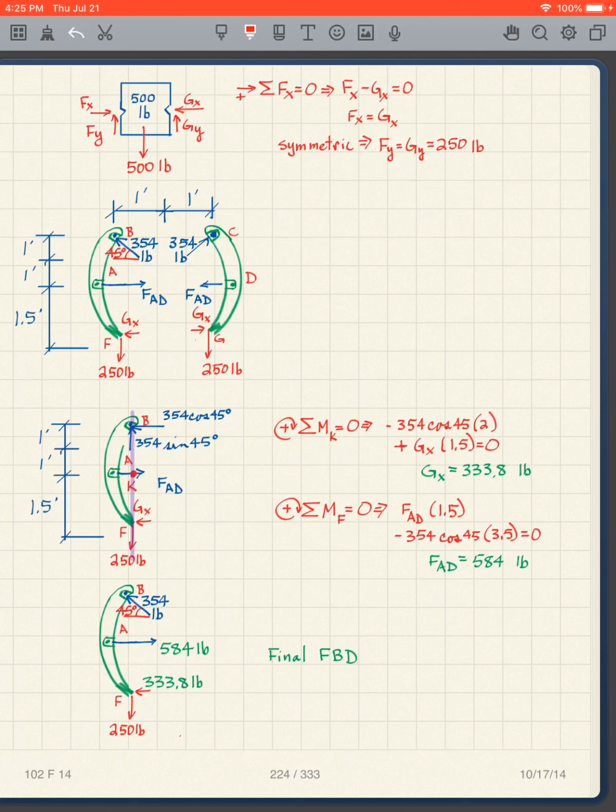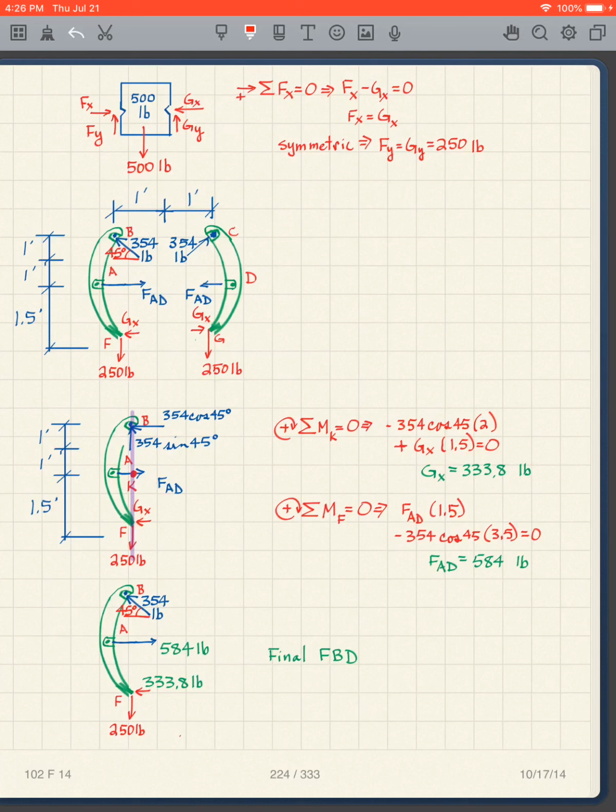and that leaves me with my X component of 354 cosine 45 degrees, and the GX here is the only unknown, so I have minus 354 cosine 45 times 2, and plus GX times 1.5. I get GX is equal to 333.8, and then I can take moments about point F to get FAD,